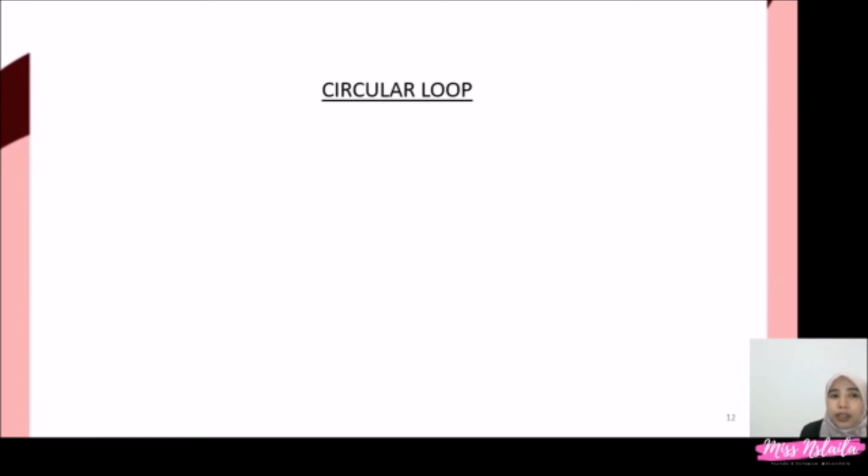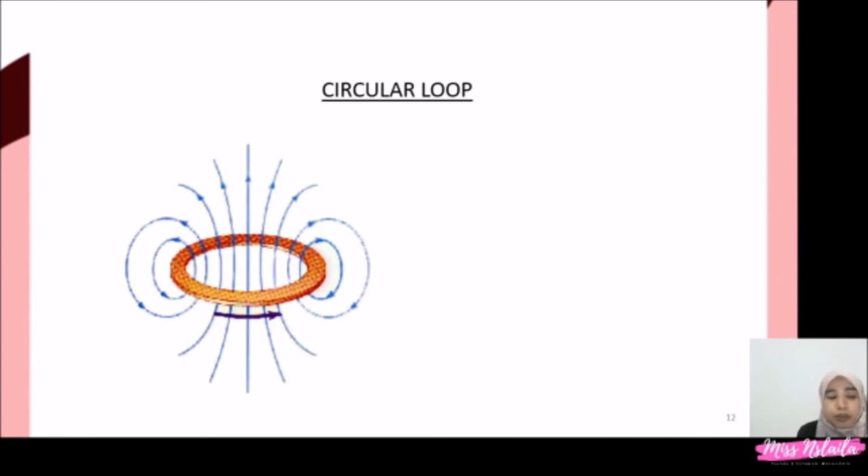Okay, just now we used a wire, either a single wire or two parallel wires. What if we use a circular loop? That means a metal coil. So, current can flow on this circular loop, but what will be the direction of the magnetic field? What you need to do is try to hold the circular loop at every point. That means, if you have that circular loop,